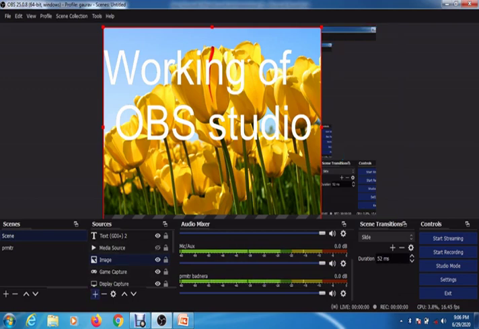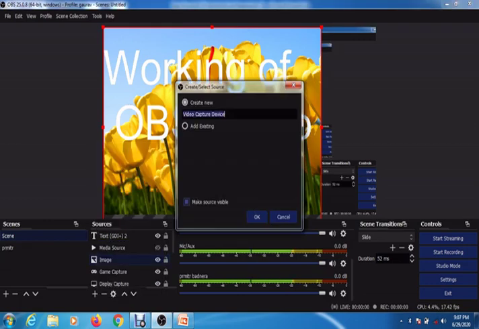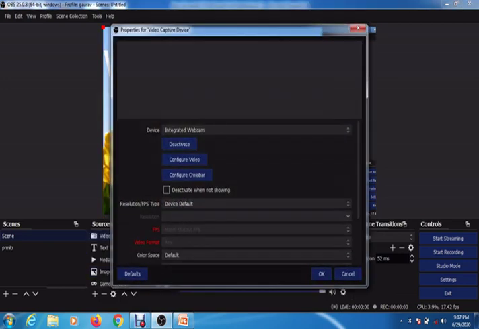Now the next important thing is a video capture device. If the presenter wants to present himself in the recording, it can be done with a webcam, an external webcam, but as the webcam is provided by default with the laptop, it is captured with this particular video capture device. So I will show you how it is captured. I am clicking on this video capture device now, and I am clicking on this OK. While using the sources, if you want to give names, you can, but it is not that important, so I am not giving a name, I am using the default one, and I am clicking on this OK.